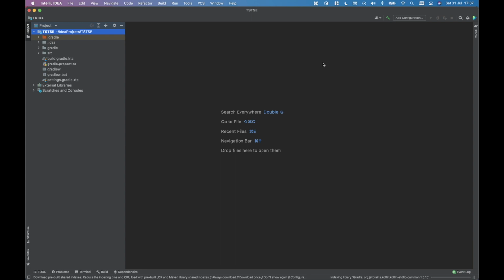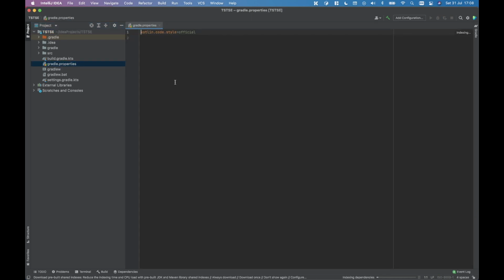In the middle here, we have our main editor window that you'll be using to open your files. At the left side here is the file browser. If you double click anything, for example, let's do the Gradle properties here, it opens in the middle. You can open multiple things at a time, and they stack behind each other, just like tabs in your browser. With the X, you close it. The other option you have is